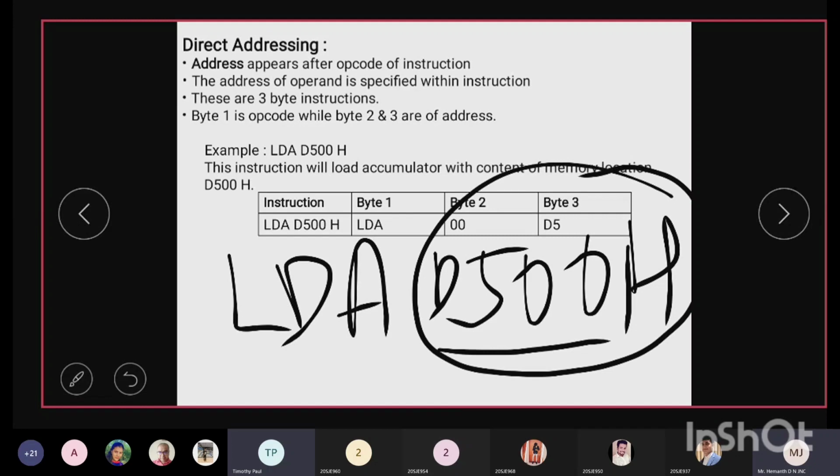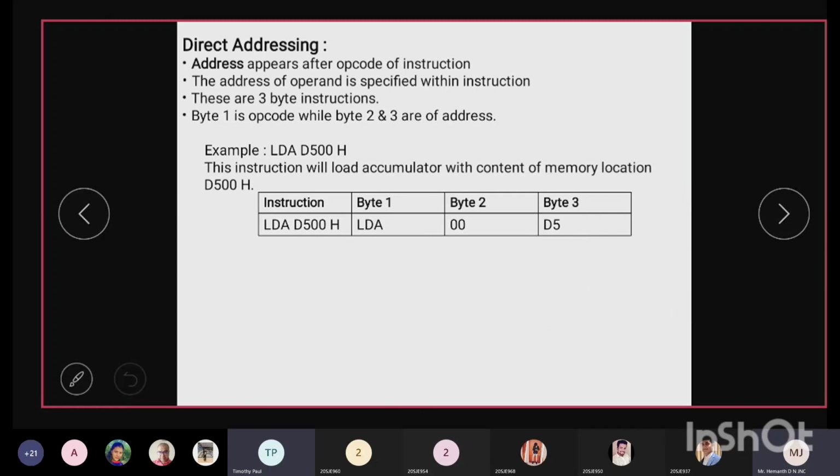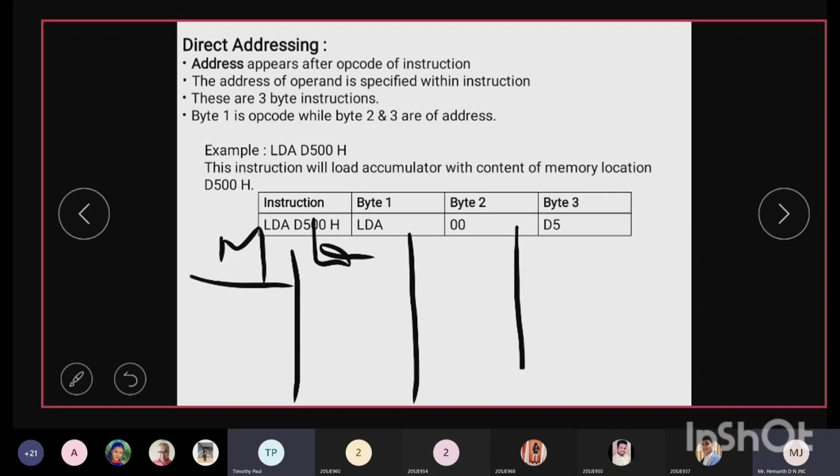Now, how do you write it in a program? In a simulator or anywhere, we have the first column for memory. Then in the second column, you add your label name. Then follows the mnemonics. Then comes the comment part. Either in a simulator or when you just start writing any assembly level language program, this is the structure.